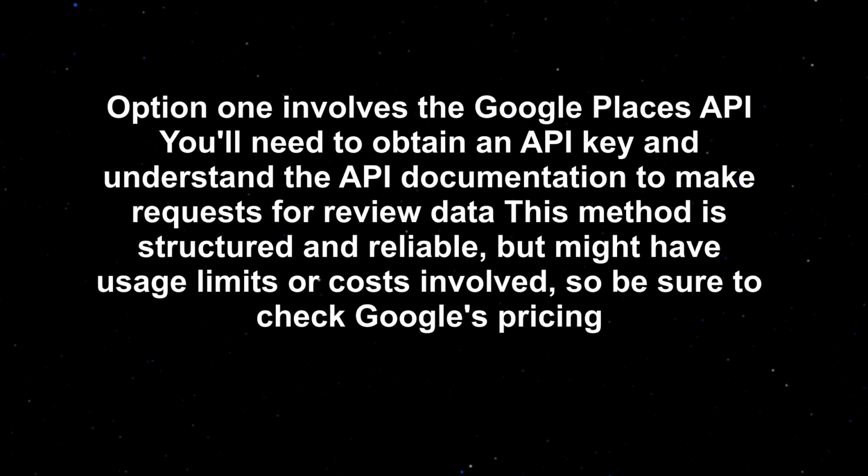Option 1 involves the Google Places API. You'll need to obtain an API key and understand the API documentation to make requests for review data. This method is structured and reliable, but might have usage limits or cost involved, so be sure to check Google's